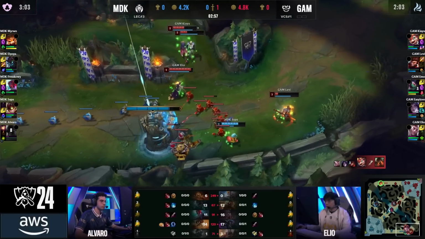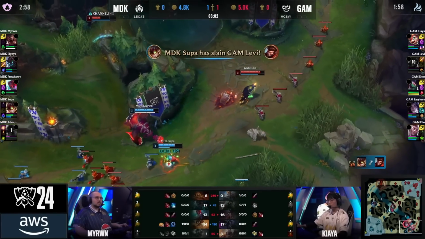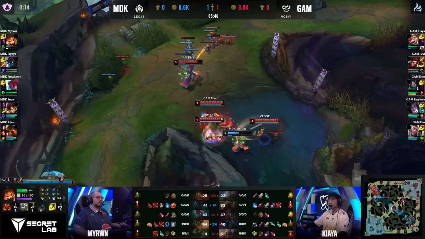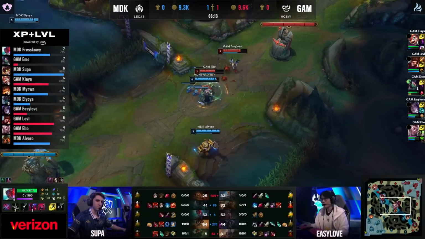There it is. Supa wants to get one back onto Levi, but he doesn't quite have the damage here just yet. Flashing past the grand entrance. Supa picks up Levi, makes it a 1-for-1. Mooking his way up here. All right, Mirwin is in some trouble. Tries to get the bounce away. Nicely done. First blood. Yes, you trade a kill, but overall, they went out pretty heavily on the map, and